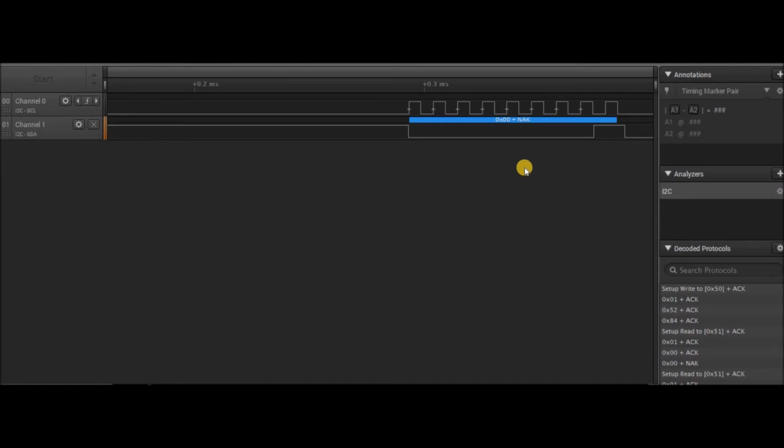We know that it's the final byte because we have a NAC. That means that the master does not acknowledge the final byte, so that the slave then understands that the complete transfer has completed. The 0 means that the flash at the I2C slave device, the application flash, is not yet